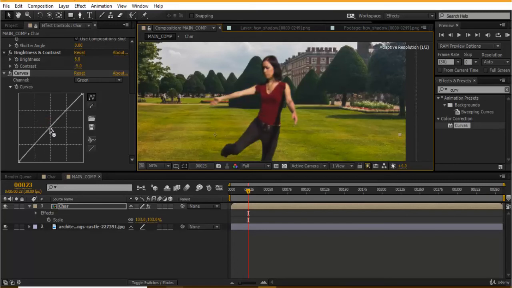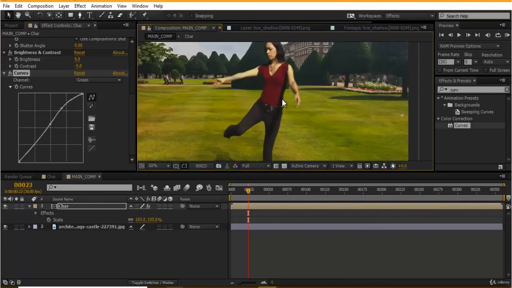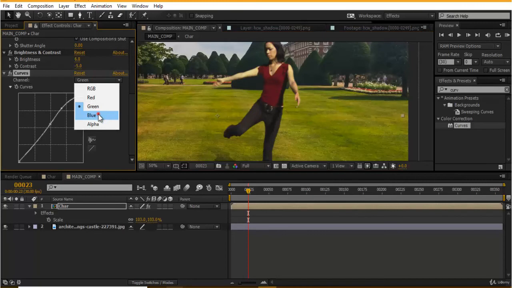By default it was this. I've just increased the green values of my footage so that it perfectly blends. And in my blue I would slightly like to decrease this.